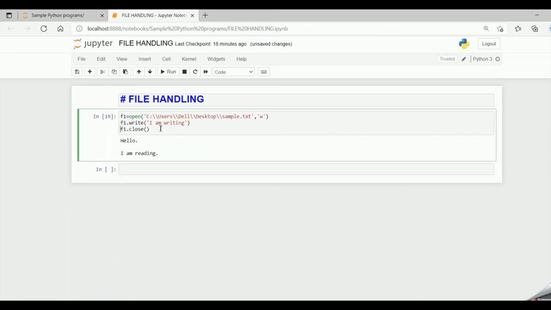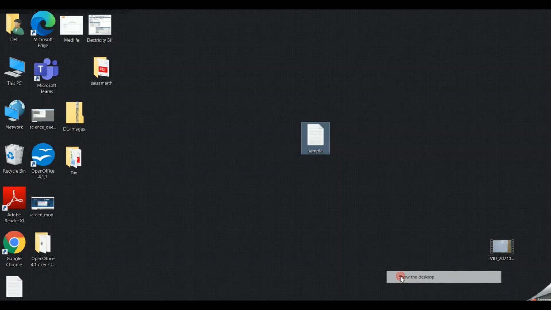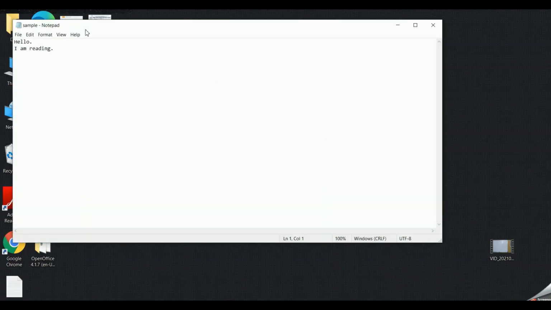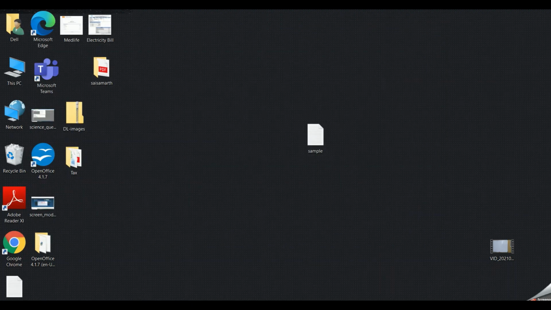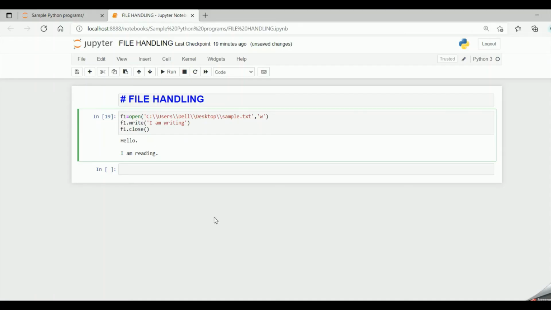And then I close my file object. So here I am taking the same sample text in the write mode and I want to write "I am writing" into it. My file over here, sample.txt, currently has "hello I am reading." When I open it in write mode and try to write contents into sample.txt, it will overwrite "hello I am reading", it will erase everything and write "I am writing" into